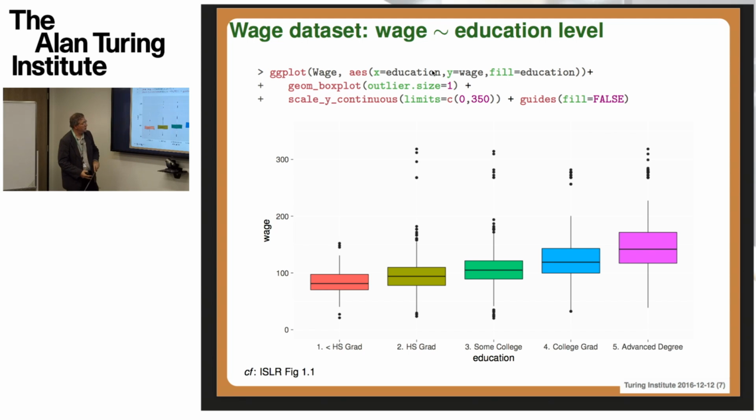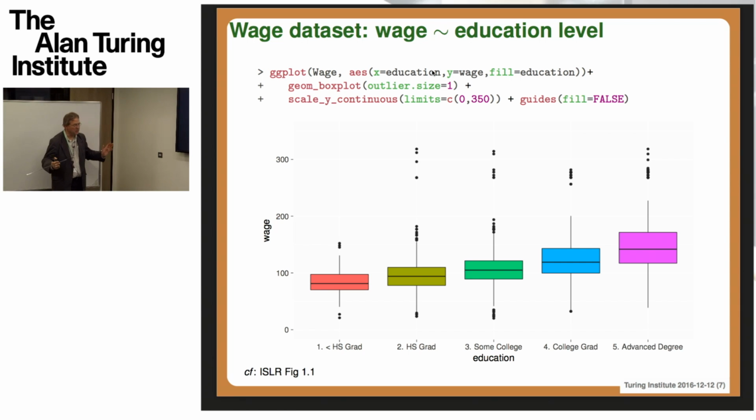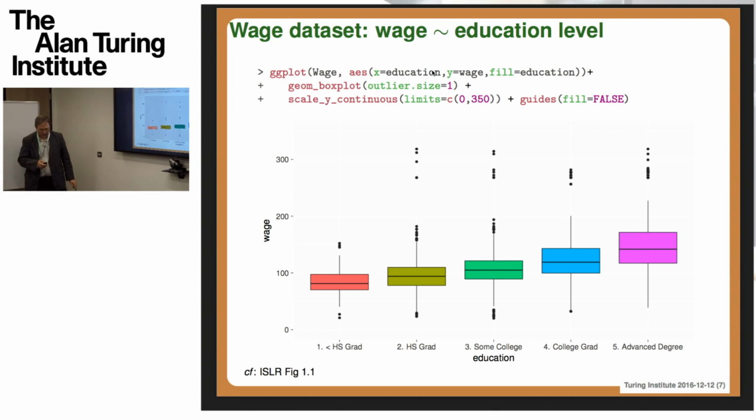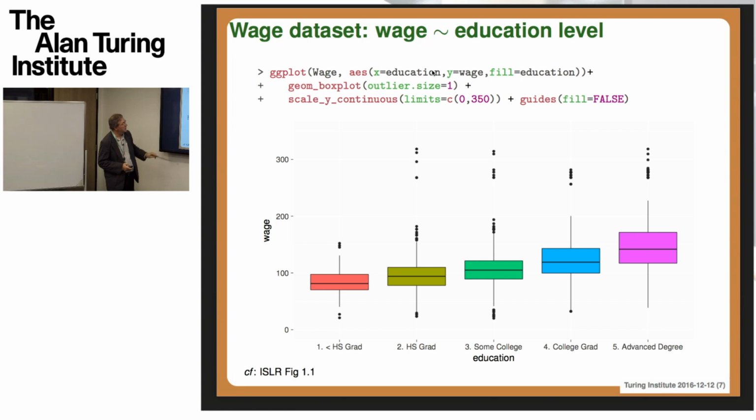Guides is the term they use for the sort of legends that you might want to put on the side of these plots. So I've set the guide associated with the fill aesthetic, that's to say the colour associated with the educational level, to false, which means no such legend should be produced, which I think is redundant in this case since it's clear the association between colour and educational level. And you get better use of the space. Okay, so arguably more education leads to higher wages. But there are of course outliers in each of these cases here.